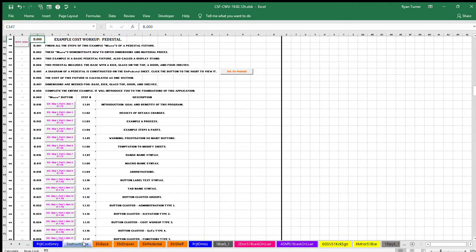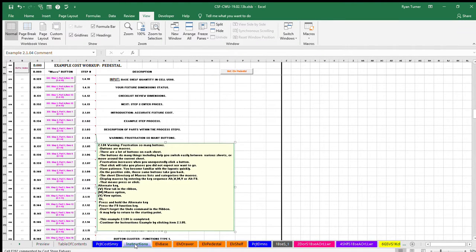The focus of step 2 of the 3 steps is on the principles of this process and how to enter the material prices on 3 cost workup sheets. Example item